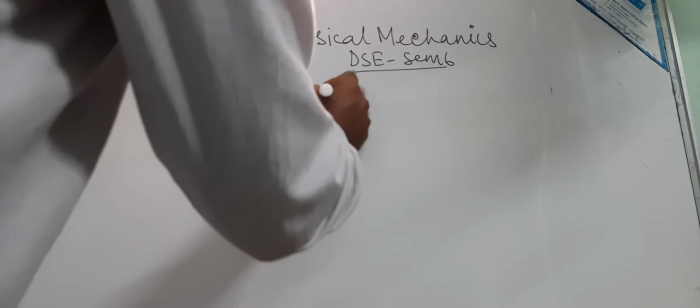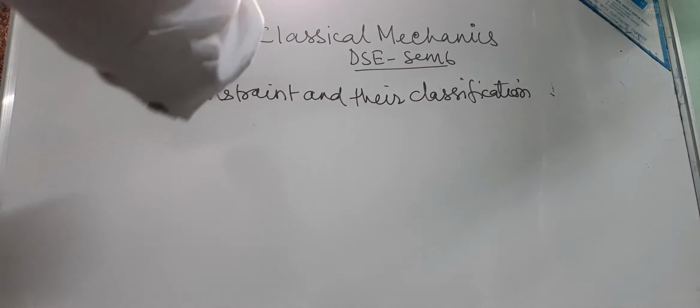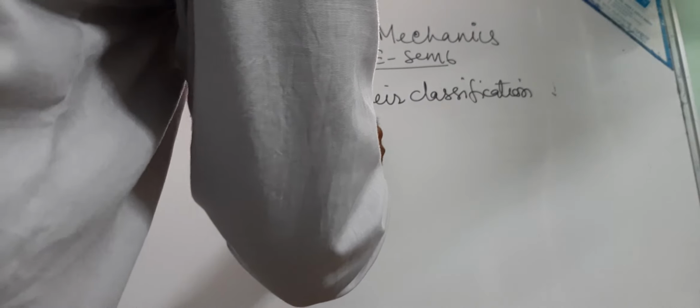So firstly we will discuss what a constraint is and what its classification is. Constraint and its classification. A constraint is defined as a restriction to the freedom of motion of a body,